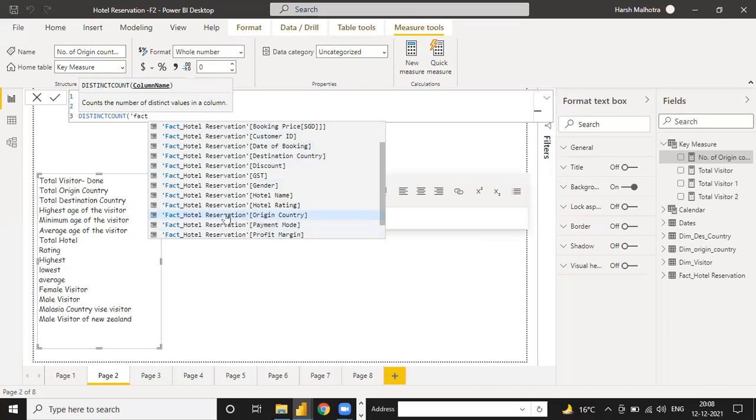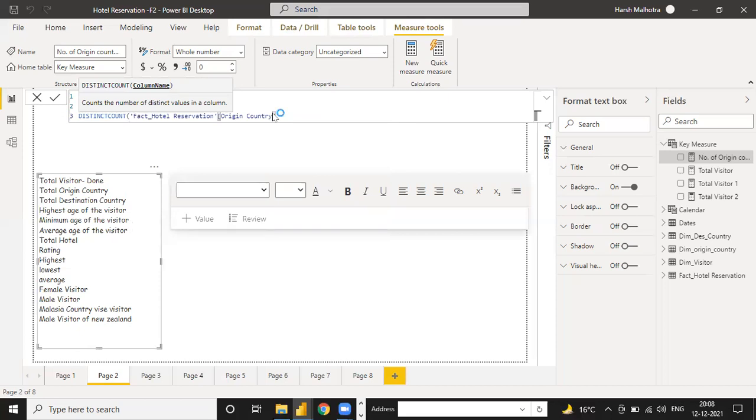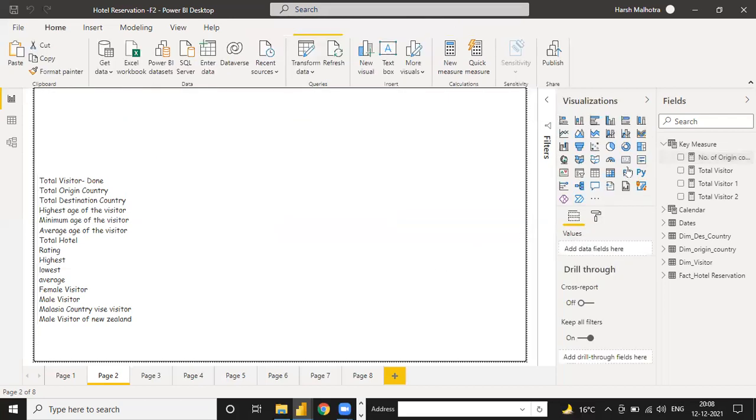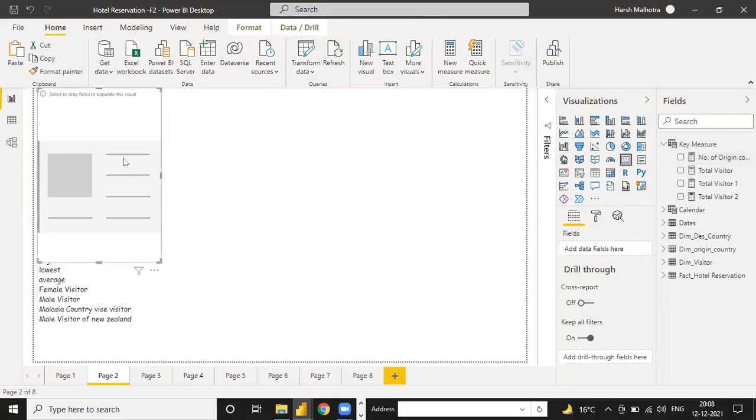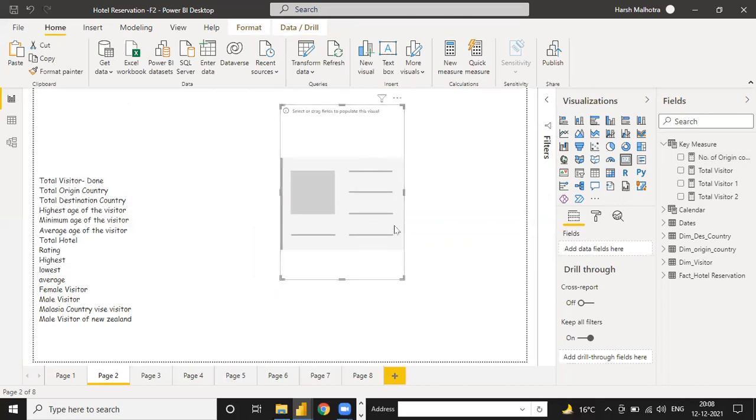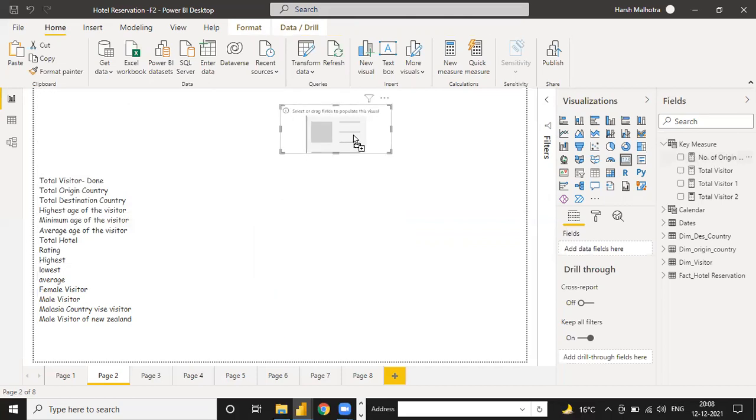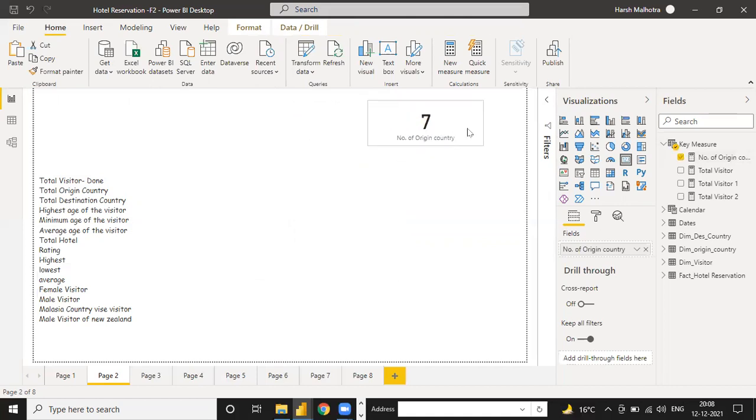This is the table name and this is the column name. Select origin country and close the bracket. You will get the number of origin countries. Click any card chart here and go to this number of origin country. So the total number of origin countries in our data is 7.